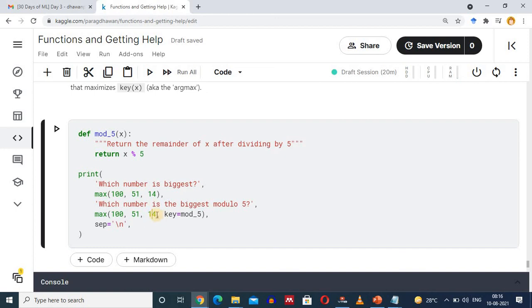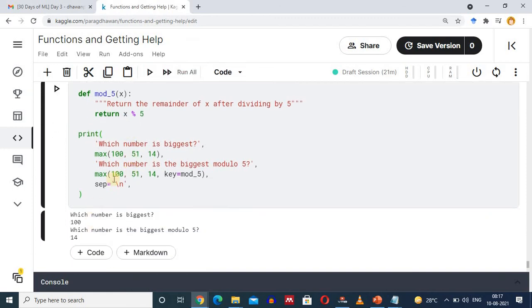The maximum of these is 14, and it will be printed on the user screen. After printing every value, we will move to the next line. With the next keyword argument inside print, instead of the default separator of space, we are giving the separator as backslash n. Click on the cell and run the cell.